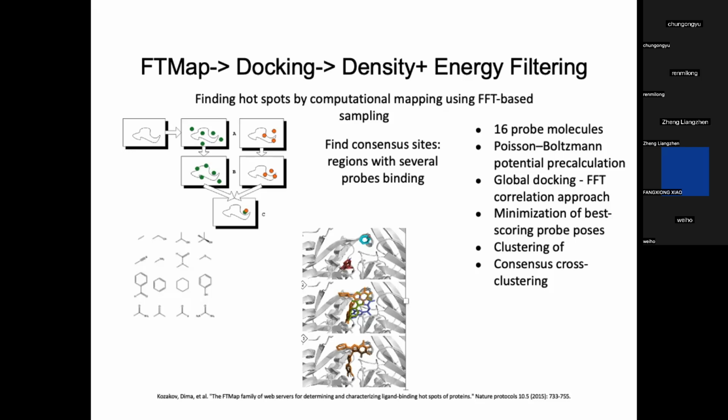For that one we did develop an approach. This method takes a protein and models interaction. It docks small fragment-size molecules and tries to see the patches on the surface which bind many different fragments at the same time. So on the protein structure it gives you locations on the surface where several probes bind, and from one side it gives you the location of potential boxes for docking. Another thing, once you have your poses, we have observed that good ligands typically agree with this hotspot, so you can use it as an additional filter